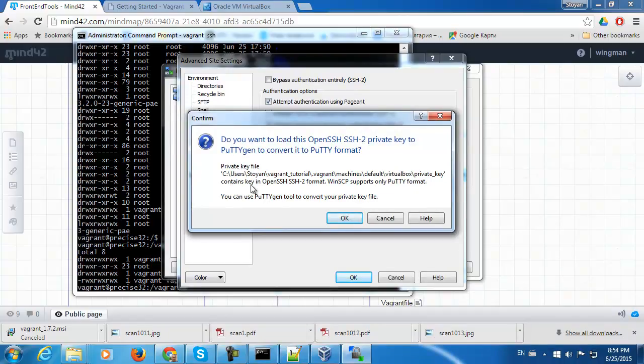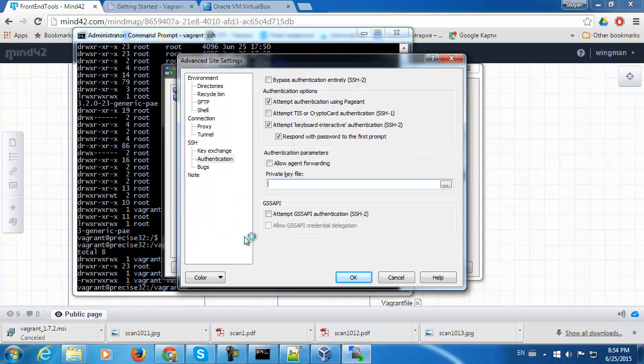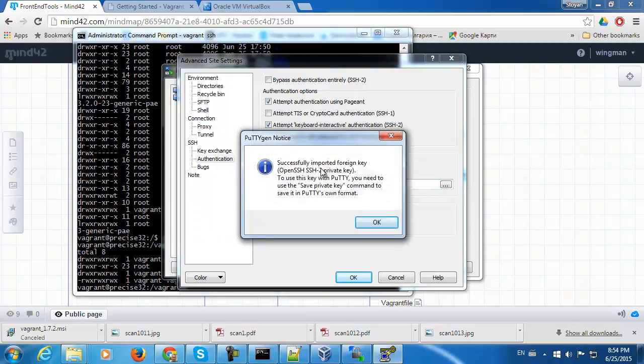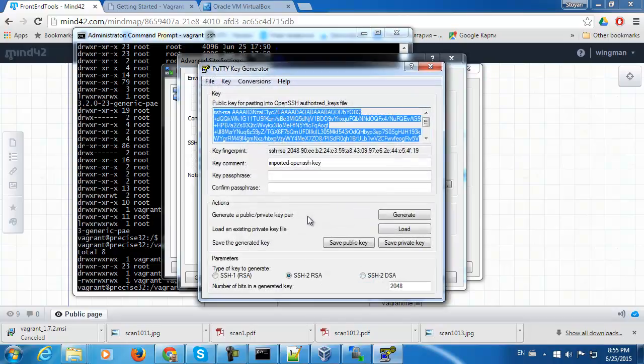It contains a key in OpenSSH SSH2 format, while WinSCP supports only PuTTY format. You can use PuTTYgen to convert your private key. Okay. Successfully imported foreign key, OpenSSH SSH2 private key. To use this key with PuTTY you need to use the save private key command. Okay, let's see. Now PuTTY key generator, I'll say